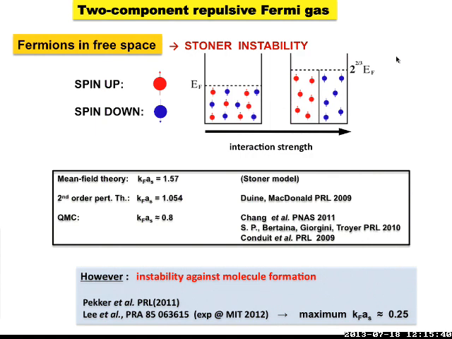Can I ask? When you do the quantum Monte Carlo calculation, do you observe domain formation there? Typically what we try to do is to force the system to be in a homogeneous phase with no domains. But if you do that, then you bias it. What we do is equivalent to a Maxwell construction. So we determine the equation of state at zero temperature as a function of the interaction parameter, KFA, and the spin